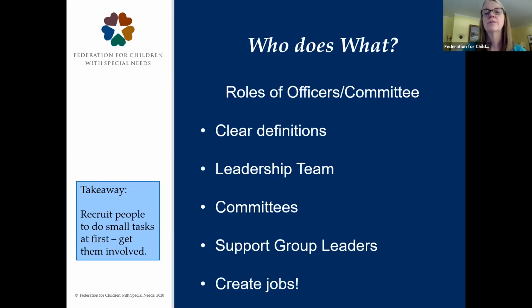Who does what? This is where we talk about all the roles of the officers, the executive board, and the committees in a SEPAC. Clear definitions really help so that somebody can operate within their role, doesn't step outside of their role, and understands what that role is, especially for new people that are thinking about stepping up to leadership. It's nice to look at a written definition of what you are thinking about taking on, and is this realistic for you, and do you have the time to do it?